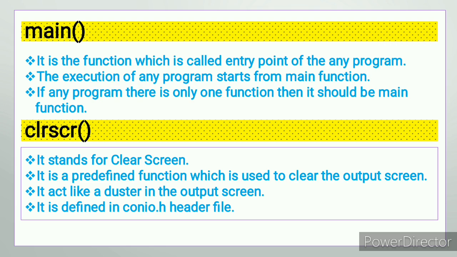It is a predefined function which is used to clear the output screen. Otherwise, the display will show garbage value. It acts like a duster on the output screen to erase something. It is defined in the conio.h header file.